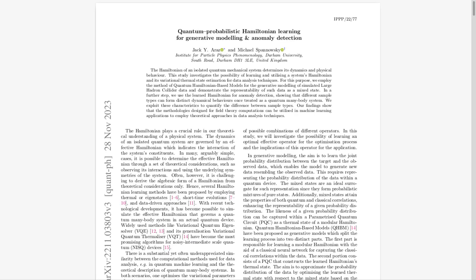It really is fascinating, trying to bring together these two fields that seem worlds apart, quantum physics and machine learning. But when you think about it, the bridge is kind of the human brain itself. Okay, so let's unpack this. We're looking at a research paper with a pretty dense title. Quantum-probabilistic Hamiltonian learning for generative modeling and anomaly detection. Yeah, that's a mouthful. Help us out here. What's the need to know in plain English?